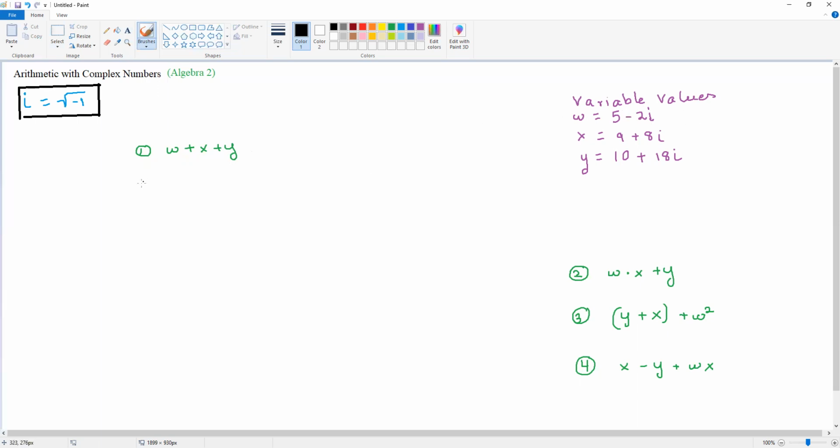So for example, we have w, x, and y, these values over here, right? Before we solve it, we don't know what each variable is equal to in this problem alone. So we're going to substitute each value into this expression. So the value for w is 5 minus 2i